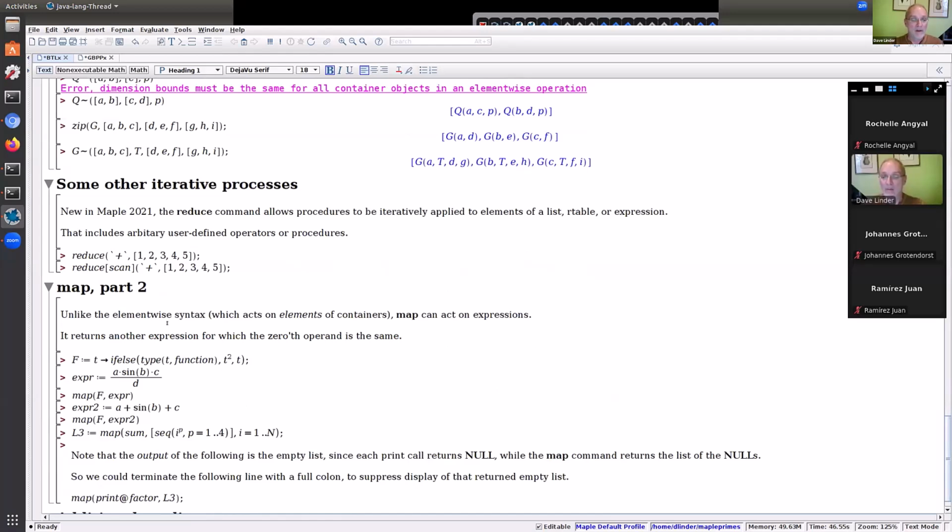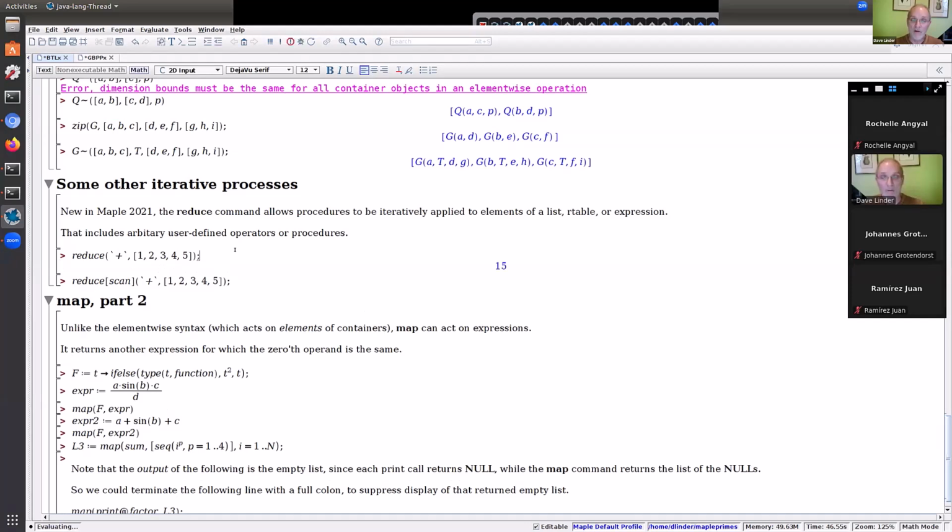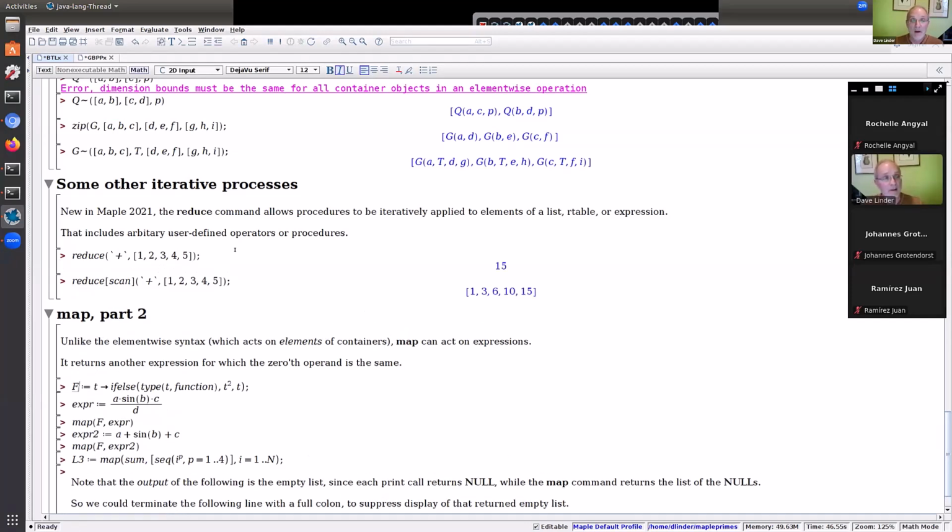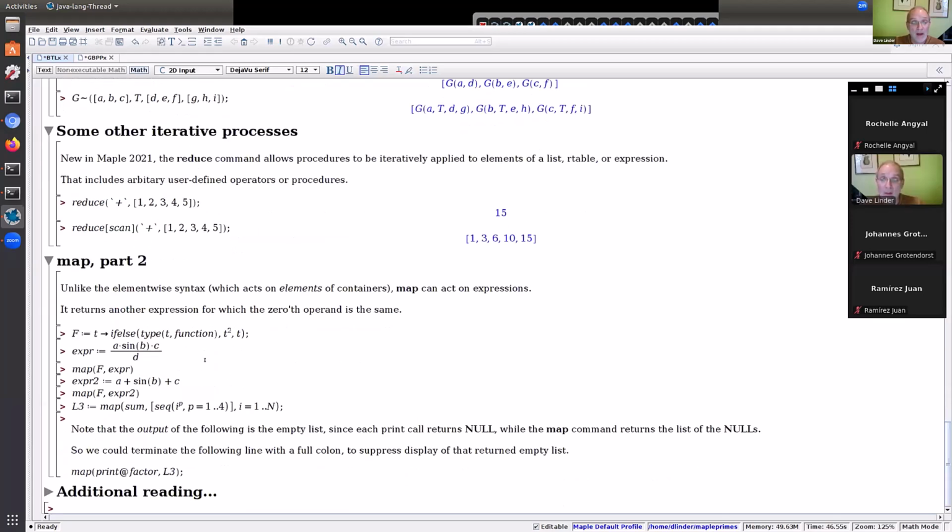I will simply show that there's a few other functions that do iterative mapping on things worthwhile looking at in the help. Relatively new functions, reduce with the plus and the scan, allow you to do some iterative sort of accruing across lists, where you do it either for the whole list or all of them. And my last example